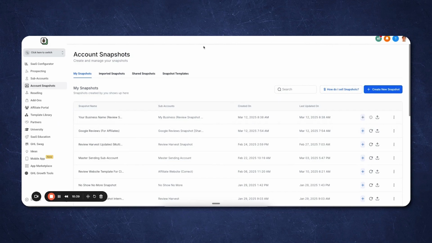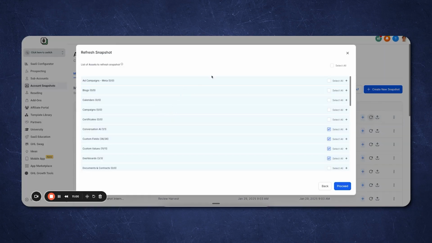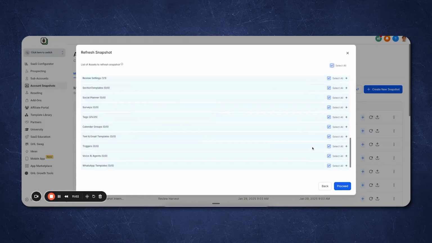Now let's say for some reason you mess something up or you want to change something on that snapshot. All you have to do is go into this sub account, make the edit, and then you just click on this refresh button. So you go to the sub account, link to the snapshot, you make the edit. So say you change a workflow or you add a workflow or you add something, then you can just click on refresh and you can just select all and you're going to refresh whatever update you made